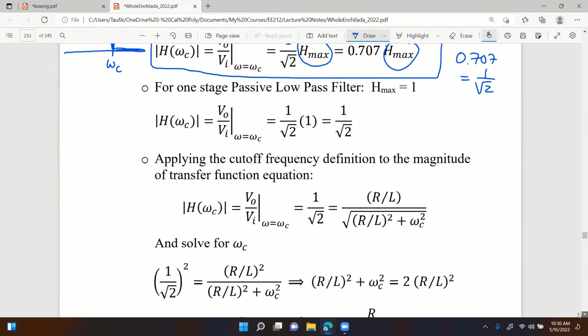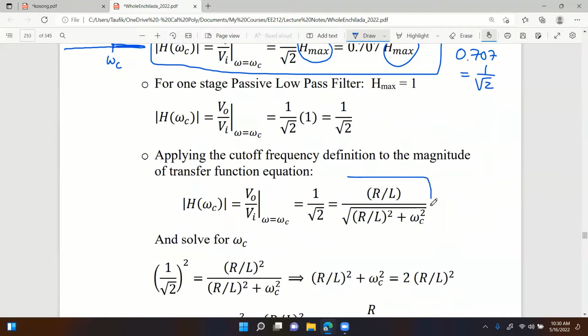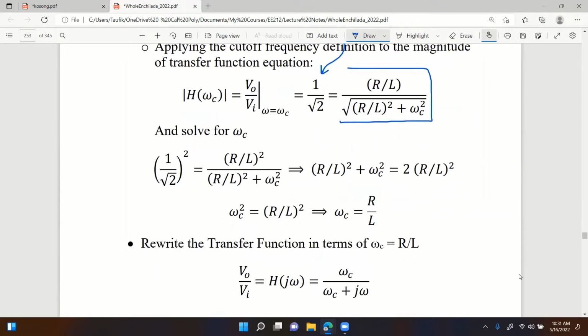See the gain of the transfer function, set it equal to 1 over root 2 times H max. But H max is equal to 1, right? So that's just going to be 1 over root 2, right here. Go ahead and set them equal to each other, and the omega that you get from here becomes omega c. Go ahead and solve for that omega c right here. I solve it, and I get omega c to be equal to